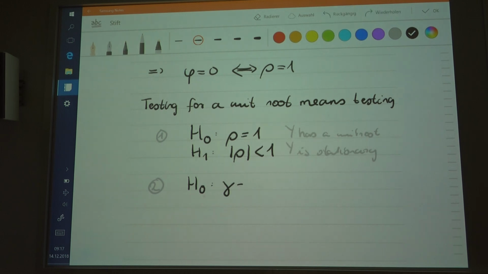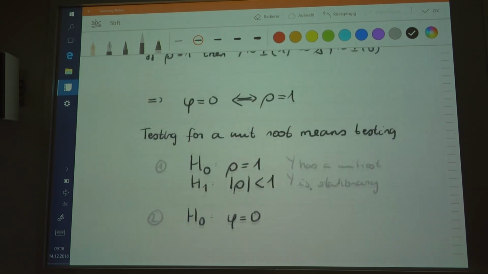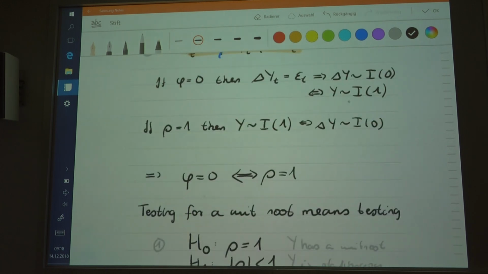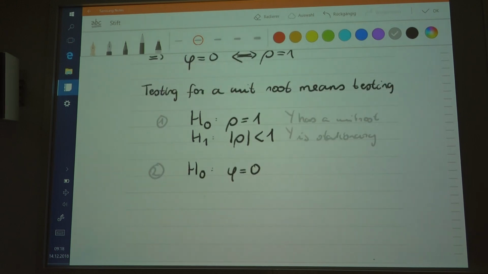the coefficient phi, sorry, not gamma, I used phi. So phi is going to be equal to 0, basically meaning the same thing. So the process has a unit root, that's what you would have. So y has a unit root, meaning that y is integrated of order 1 again,